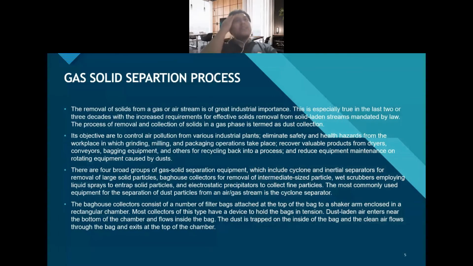Okay, gas solid separation process. This is a process of the gas separation. The first one, the removal. Let me tell you about the gas solid separation process. The first is the removal of solid from a gas or a stream. A stream is of great industry importance. So the industry uses gas and a stream